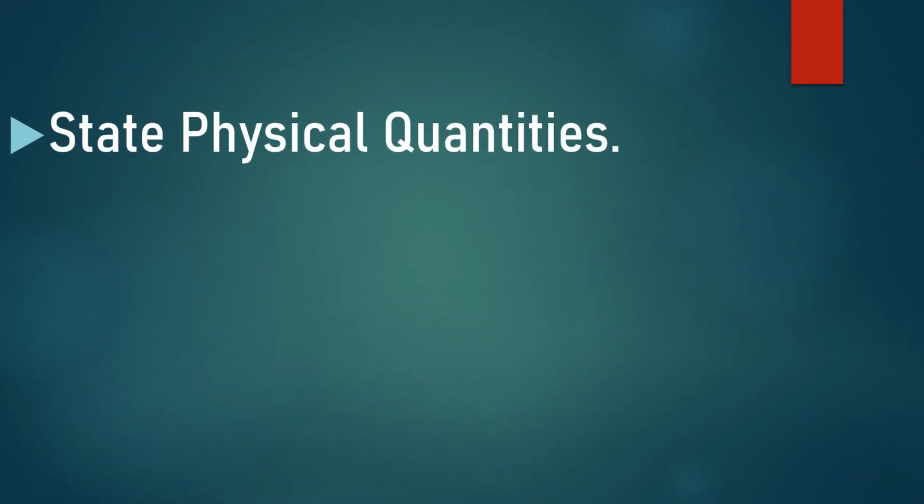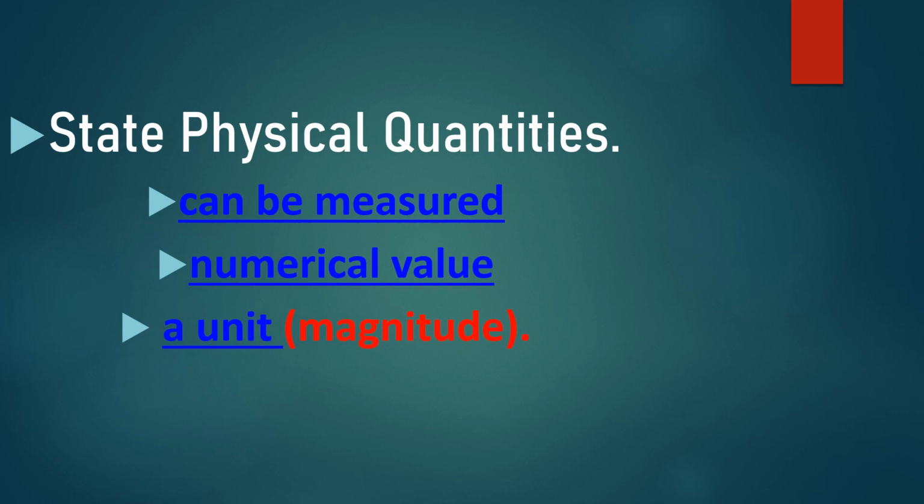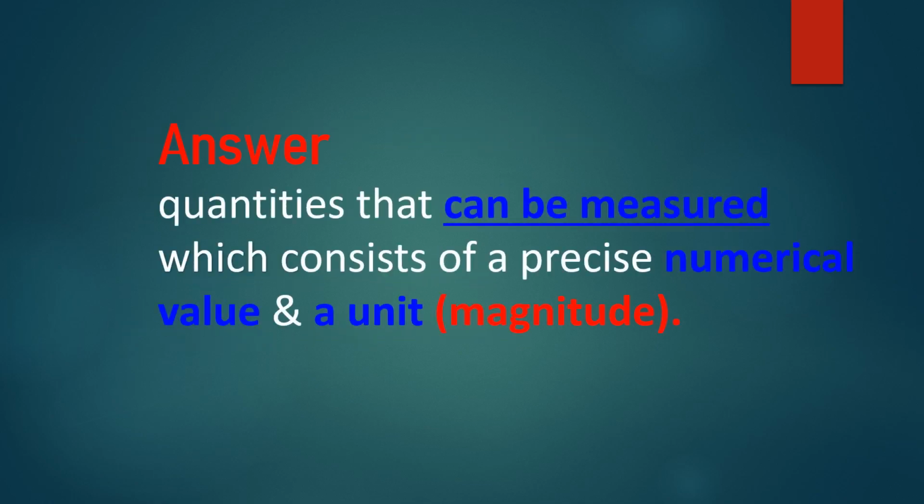Alright, so the first question: state physical quantities. The first thing you have to know is that you have to have an idea how to make an answer. We have learned before that a physical quantity can be measured, is about a numerical number, and last but not least it should have magnitude, or we can say a unit. So the answer we can put as: quantities that can be measured, which consist of a precise numerical value and have magnitude, or we can say